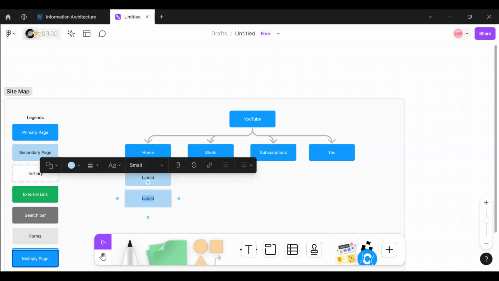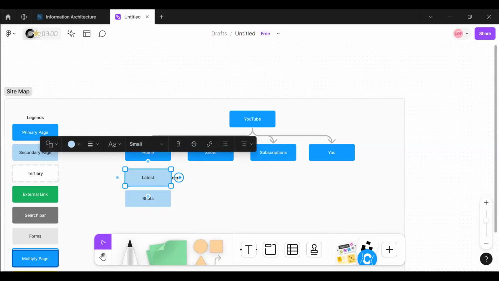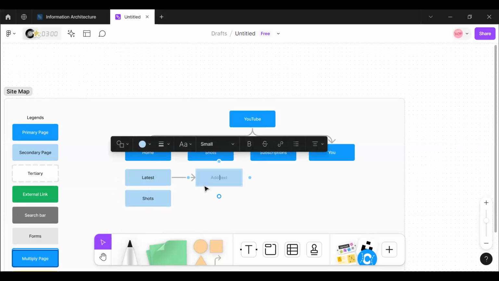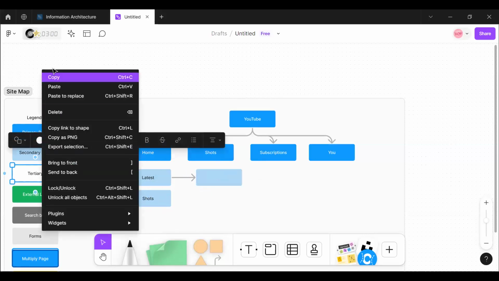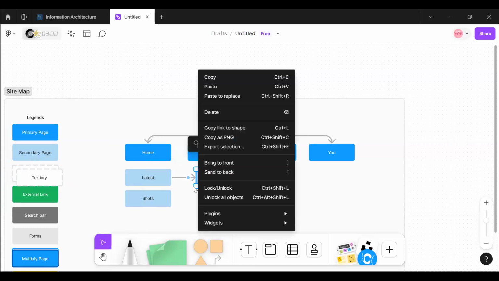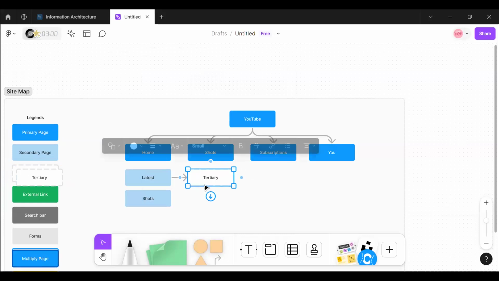Thank you so much. Then under the latest, we have content. So I'll just copy this. Content, with space to replace it. We have content like